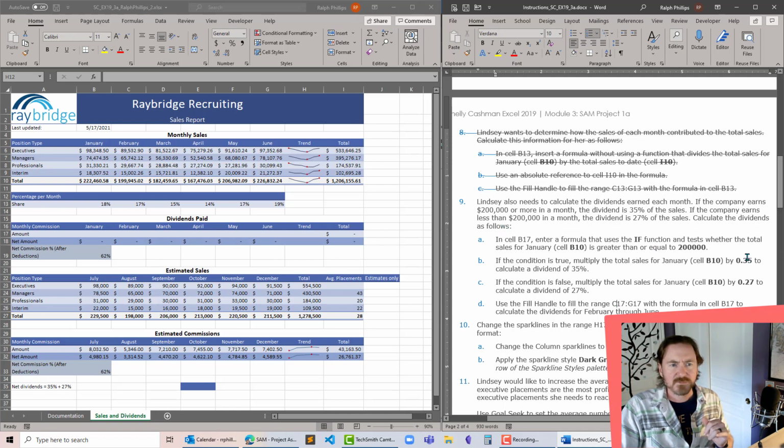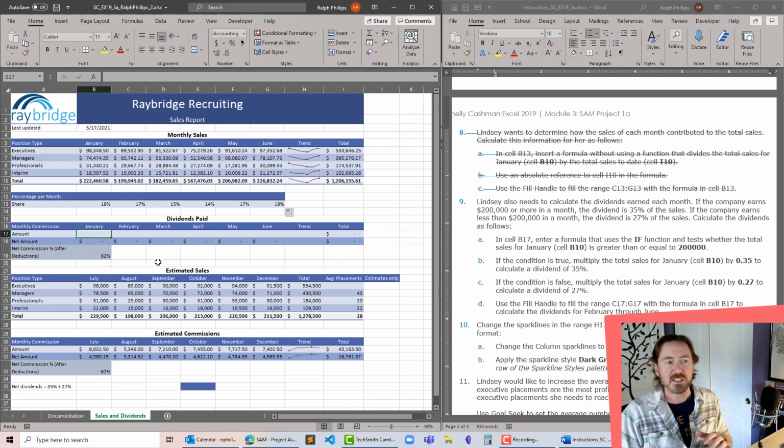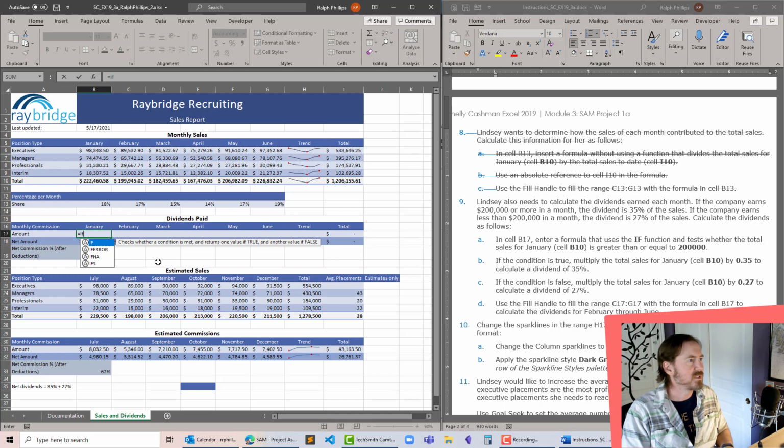So in cell B17, there's B17. Enter a formula that uses the if function. So I'm going to write this out. I know this is going to be really tiny, but equals if, parentheses. I want to check to see if the sales for January, B10, is greater than or equal to